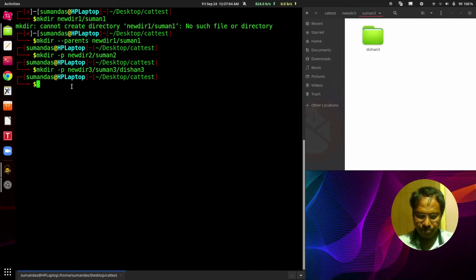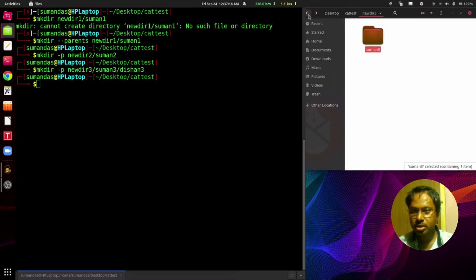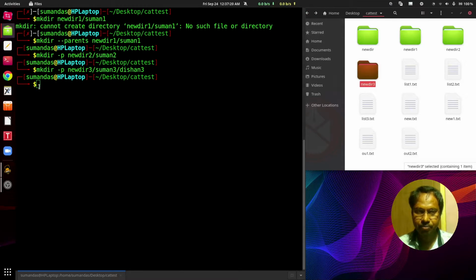Now suppose we want to create more than one directory using the mkdir command. Let's start here in the cat test directory. So here we can use mkdir, then the curly brace and then a, comma, blank, b, comma, blank, c.